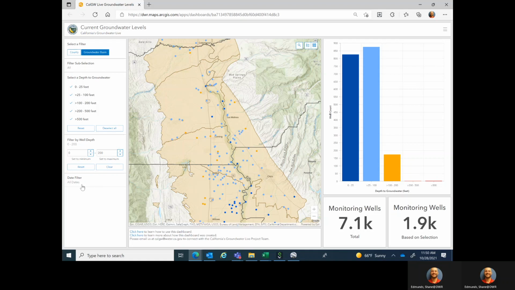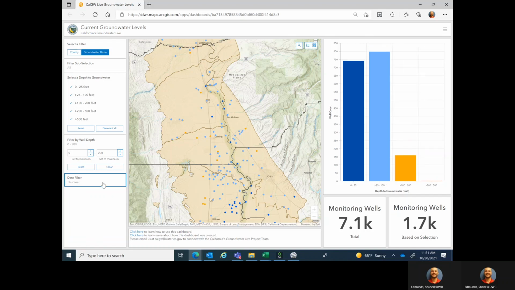And then the last selector we have is a date selector. This map defaults to data from the last 18 months. Once again, if you're interested in knowing what the current groundwater level is, that's why we have the date filter. It allows you to select some predetermined dates. So you can say, I only want to see groundwater level measurements from this year, and it'll update the map as well as the chart, or say, I only want this quarter,